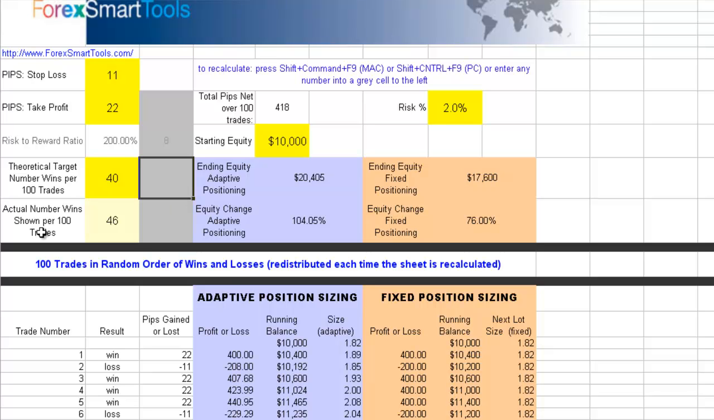But if you keep track of this each time you do this calculation and just take note, or you can even have a piece of paper to the side and write down the results of each set of 100 random trades, you'll start to notice a trend that the effects of adaptive positioning are really pretty tremendous. For instance, in this random distribution, we see that having used adaptive positioning gives us an equity change of 100%